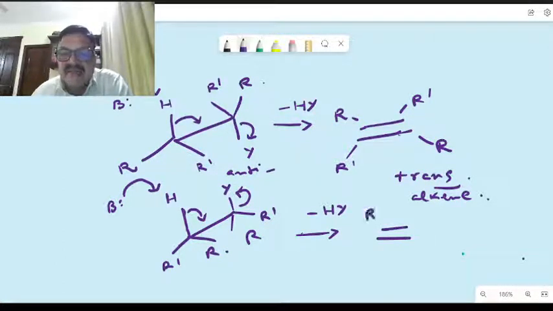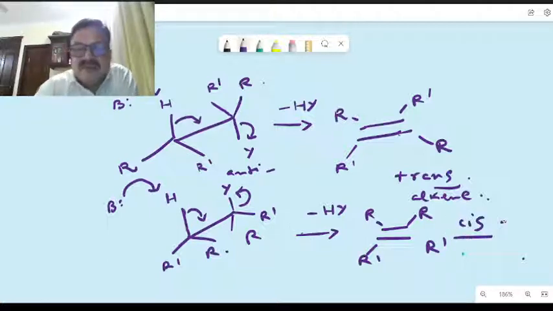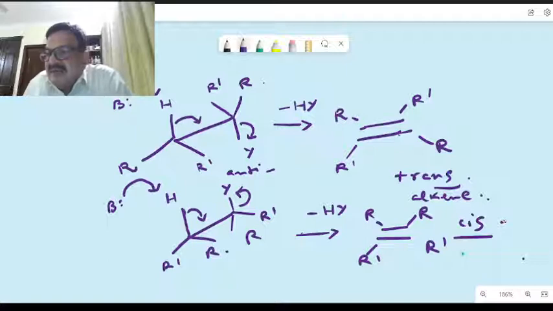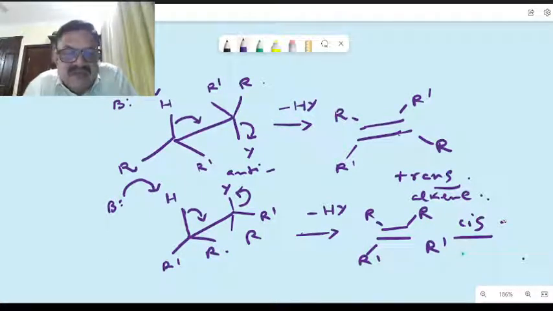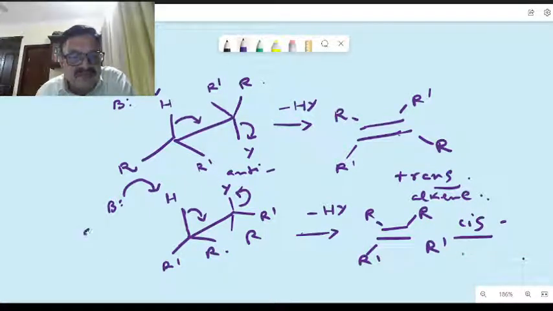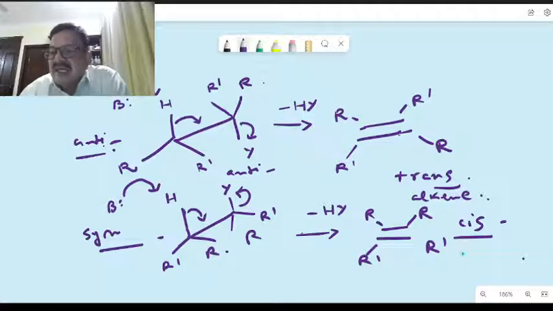This alkene is, this is the possibility here. Okay, R1, that is a cis form, cis alkene. So trans alkene is the most stable one compared to the cis alkene here. So this is the syn periplanar geometry, and this is the anti-periplanar geometry here. Okay, so this is the anti-elimination. It is a very much preferred elimination here. Anti-elimination, we get a trans alkene. So that is the most stable